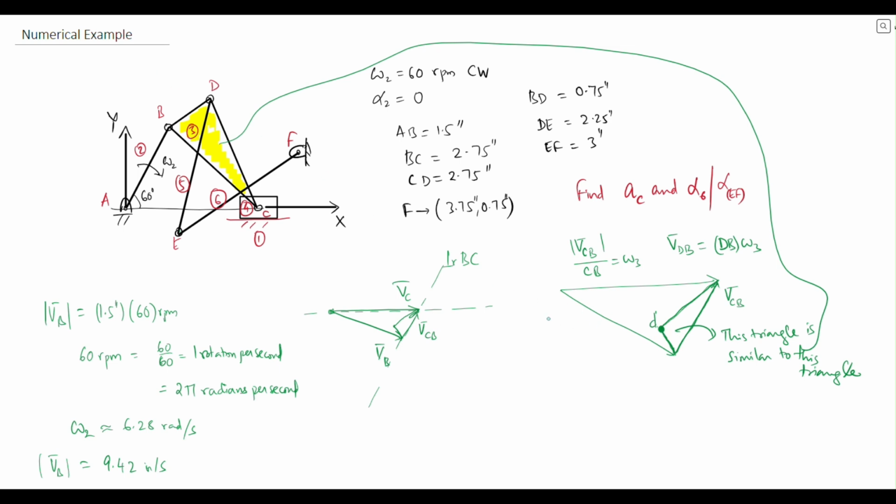We'll draw it with a different color just to keep it distinct. And then we also know that for the point E with respect to F, the velocity has to be perpendicular to EF. So we can draw that line as so. So this becomes point E, and this is the velocity of point E with respect to the origin of velocity diagrams or global coordinate system,